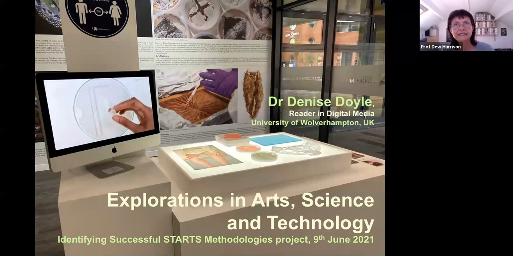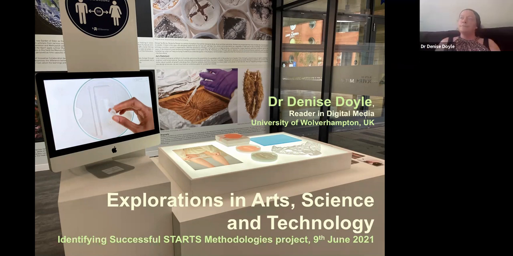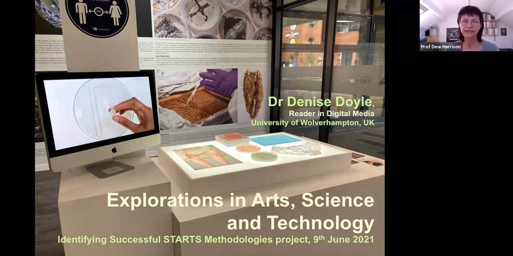To the point that in 1861, I think this is a defining moment, the South Kensington Museum split into two separate museums, one for art and one for science. That's an extraordinary thing to happen, a direct split between the two subject areas. These specialisms continued and developed even until the 20th century, where specialisms were then facilitated within university and school curricula. So it's very difficult to study art and science together. You went down one route or the other.